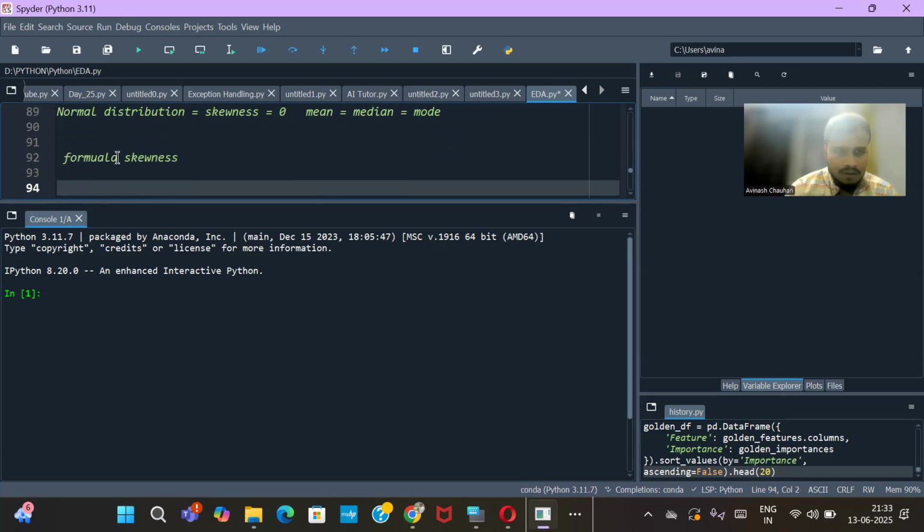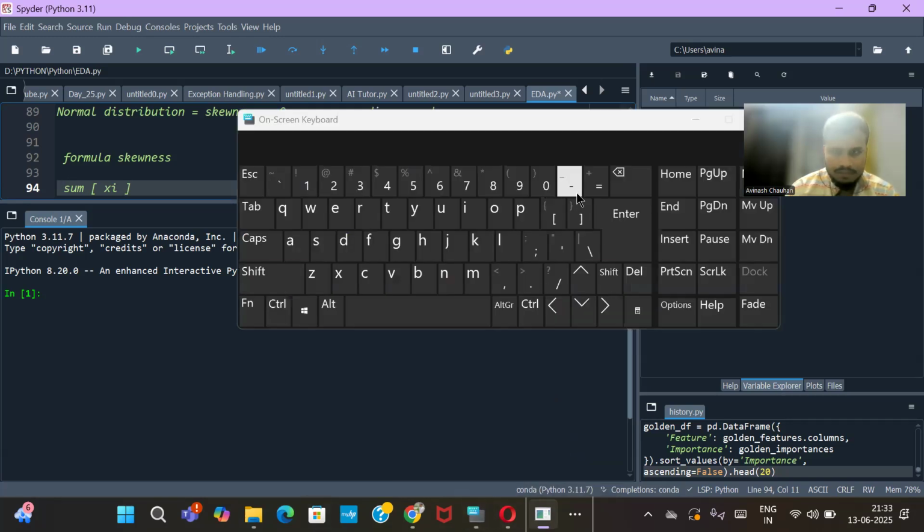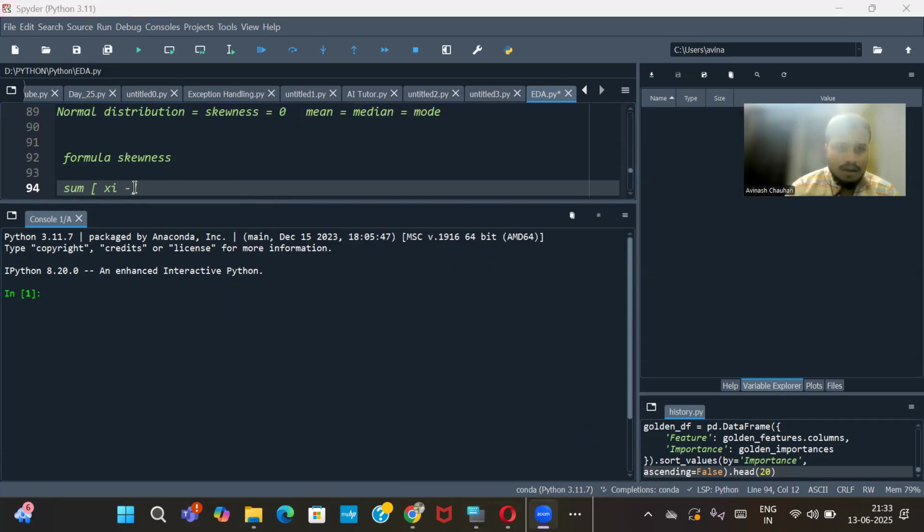So the formula for skewness is summation of xi minus mu, mu is here again my mean,